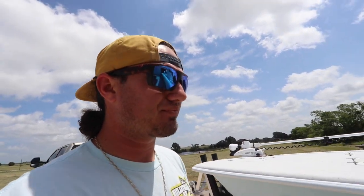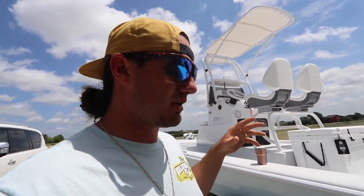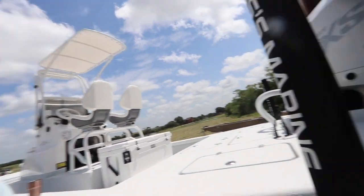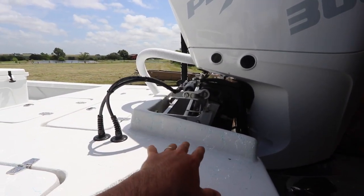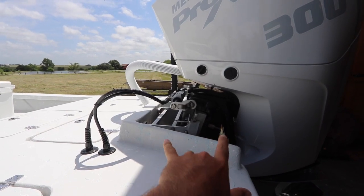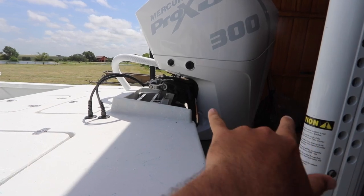So I don't even know where to start on this boat. It's so huge. It is a 23 Super Cat, HAYNIE Super Cat. If you're not familiar with HAYNIEs, they have cat boats, which are super shallow running boats, and then they have their V-hulls, so they go deeper. A lot of people take them offshore. But the thing that's special about the Super Cat is this keyhole right here in the back. So my motor sets in, motor comes out 2 feet, I believe, off the back, so I'm saving about 1.5